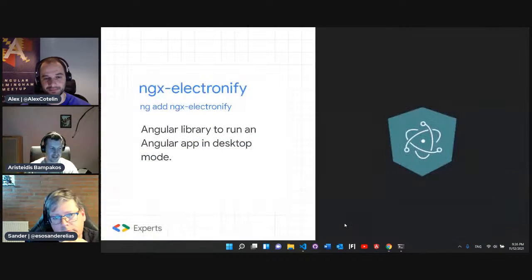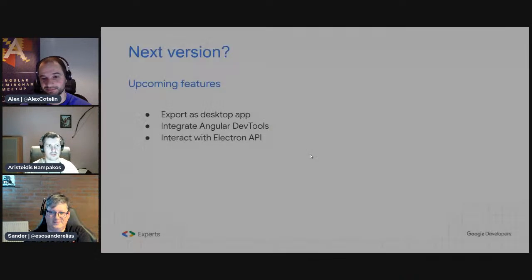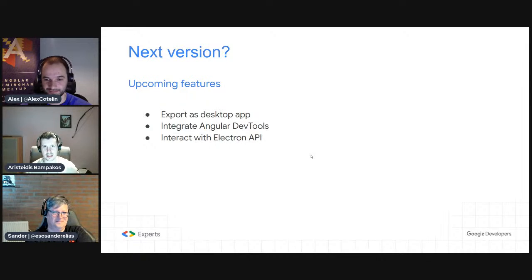Let's go back to the slides now. So, what's next? What are some of the upcoming features of this library? As we have already seen, the integration of the Angular Devtools will be published soon. The other two features that I would like to add are to give the developer the ability to export